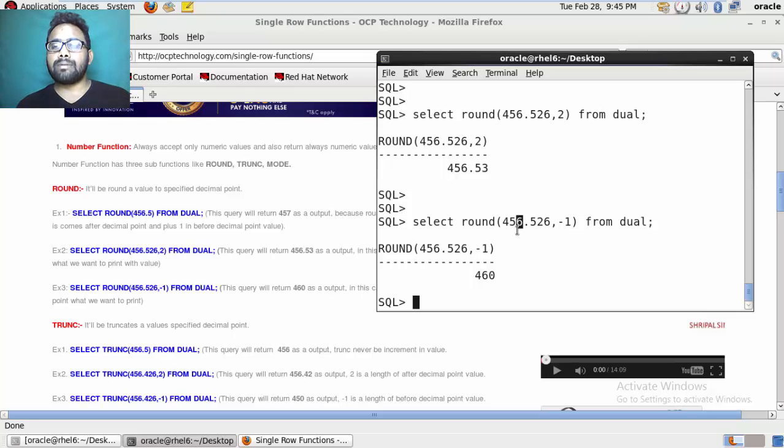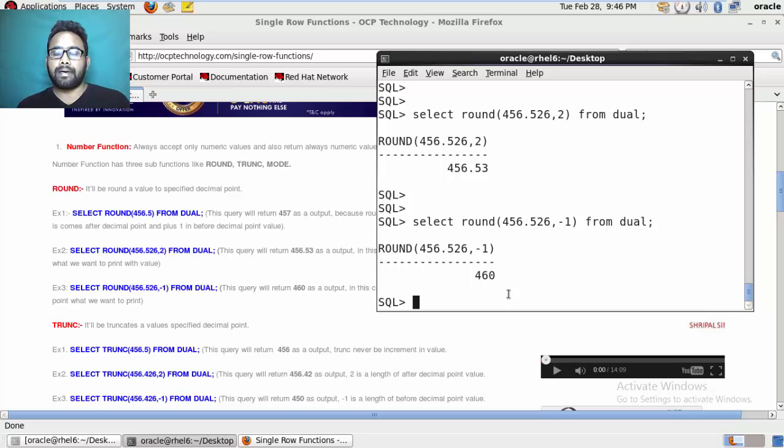As you know, if a value is 5 or greater than 5, it rounds to 0 and then adds 1 to the next value. That's why it returns 460. It just adds 1 to this digit because of the minus 1. This is the length parameter, meaning you want your rounding to work on this digit. Basically, this is the round function.